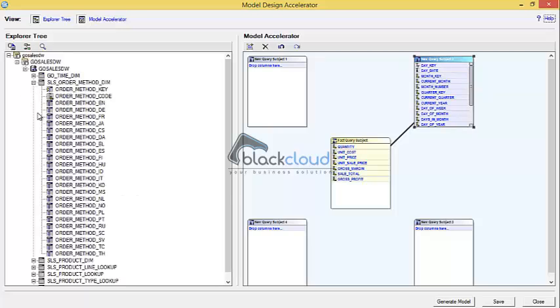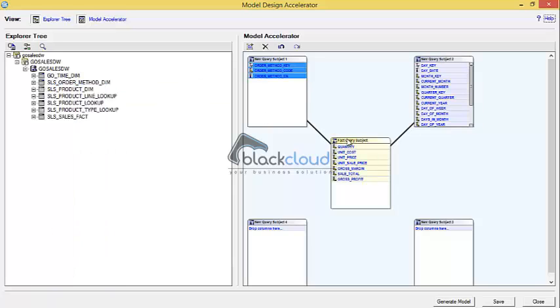Then we go for the order method. We can rename them also, to some relevant names. So I am naming this as sales fact. This one we are naming as order methods. Here it is time, and we rename